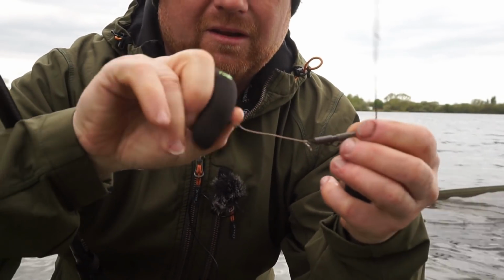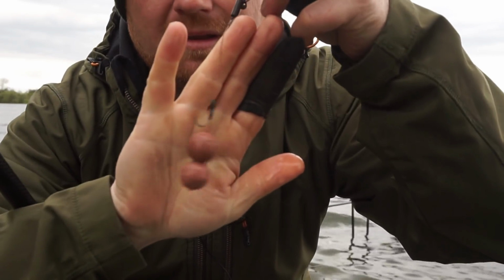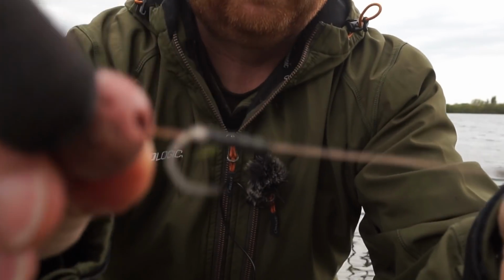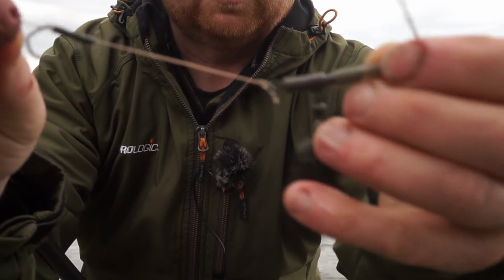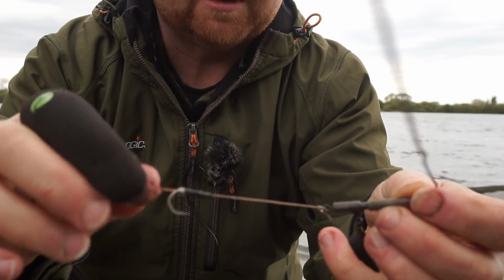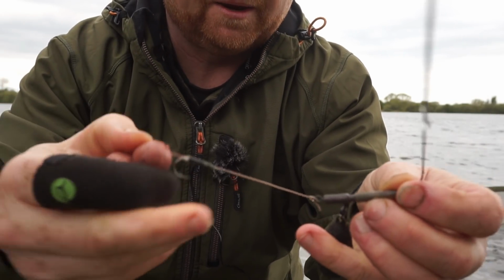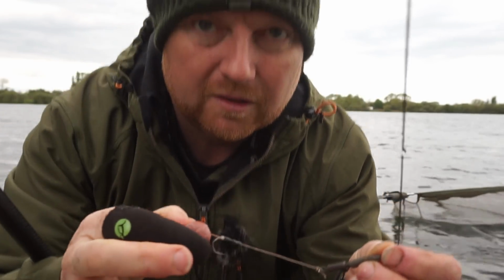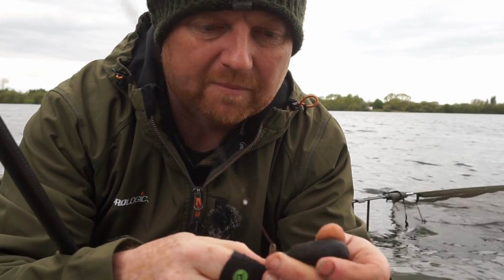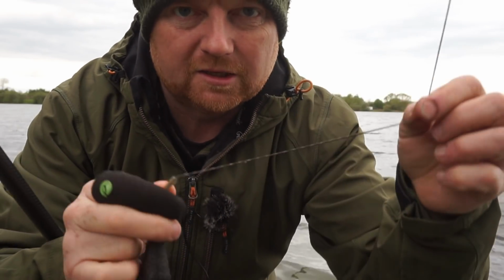You can see that or not. I'm just fishing a little greedy pig rig there. I've got a Nash hook on, a short link. It's also exactly the same colour as the soil, so that's fine. Little drop off, a little distance, a pair of bombs, and I've got some Vardis